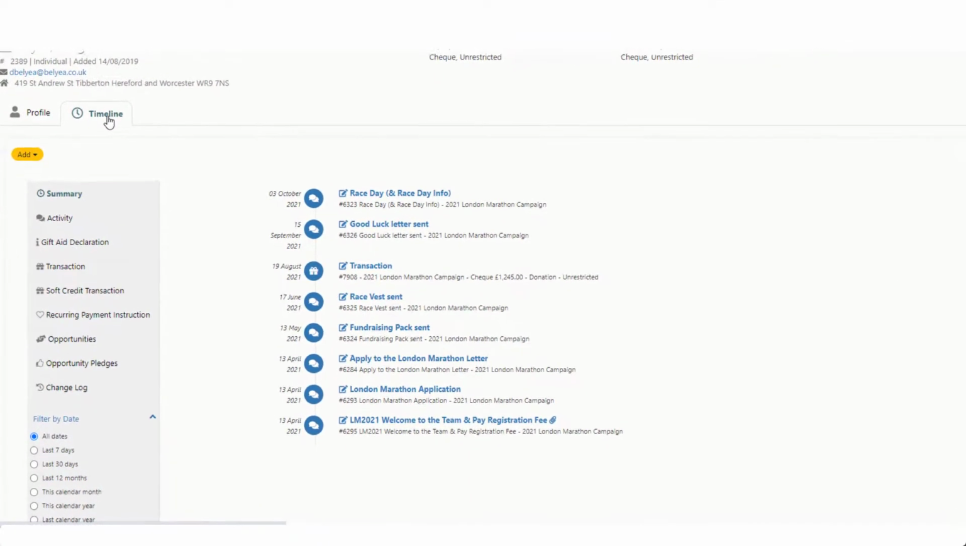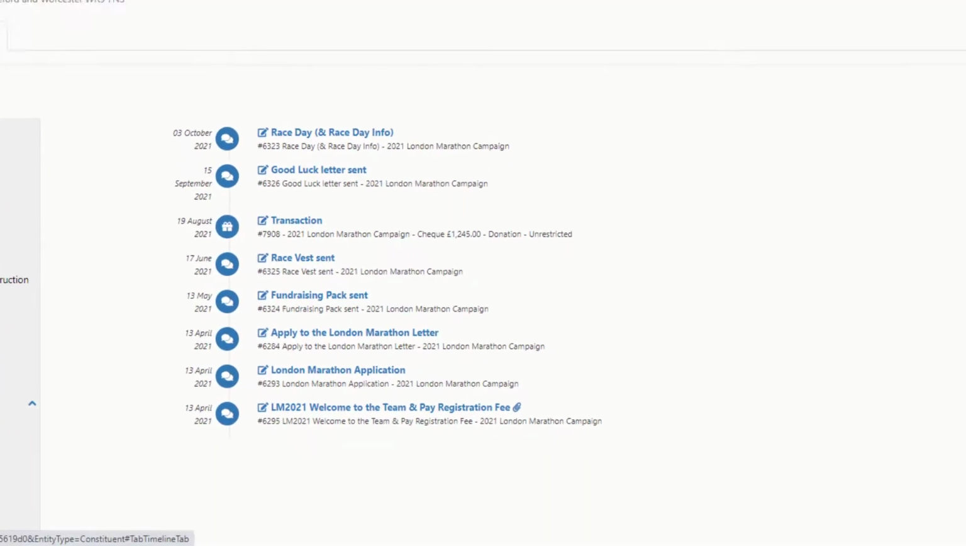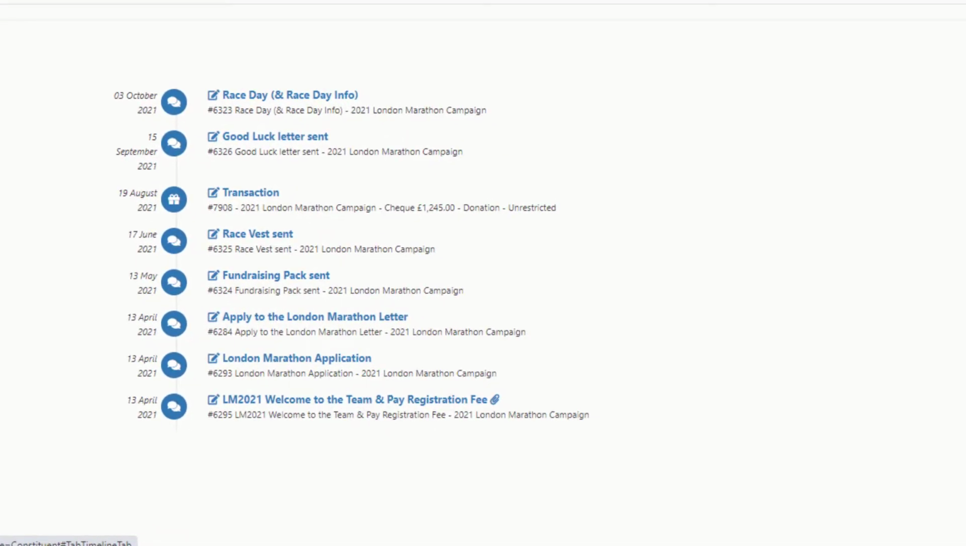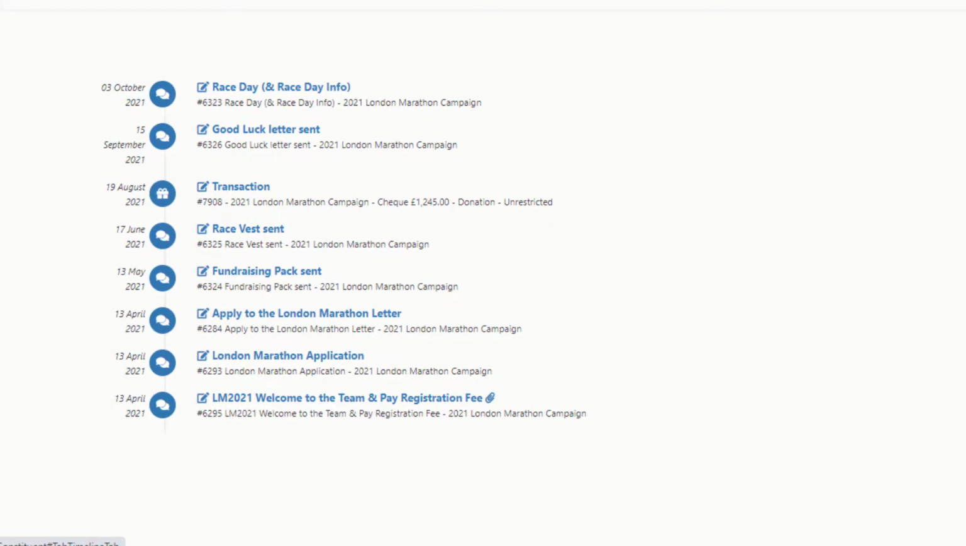And we've used activities in Donorfy to represent this. And we've created some activities that can be used across different campaigns. And the thing that sets them apart for it to be London Marathon is always attributing the 2021 London Marathon campaign against that record. So if we start from the bottom, we can see on the 13th of April, there